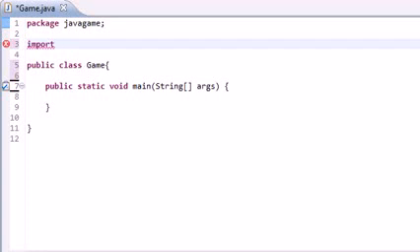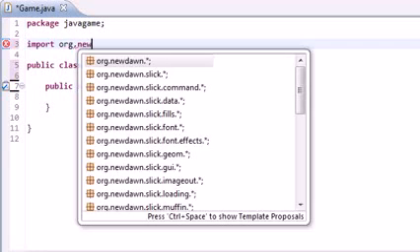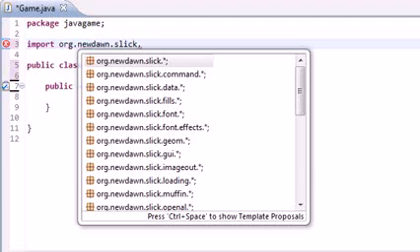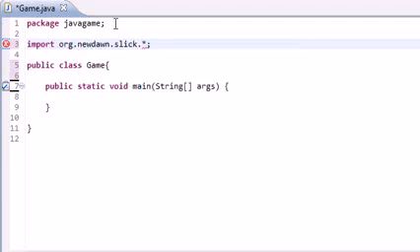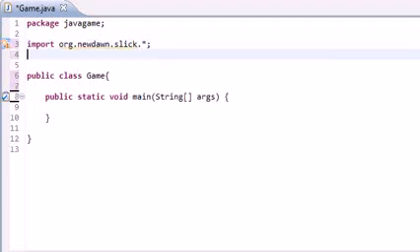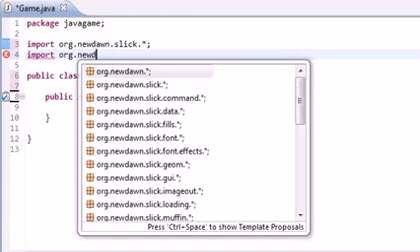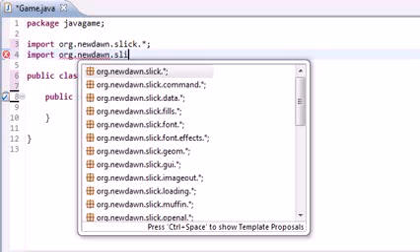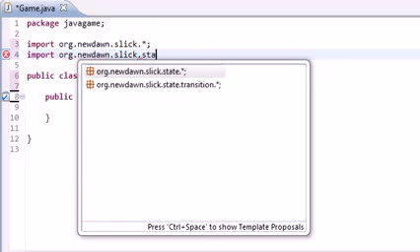We actually need that crap that we downloaded, so in order to get it in our Java game, we need to import it. So import org.newdawn.slick.*, and it's going to import everything in that location because I'm too lazy to type each one out individually. And we also need to import something else as well. org.newdawn.slick.state.*